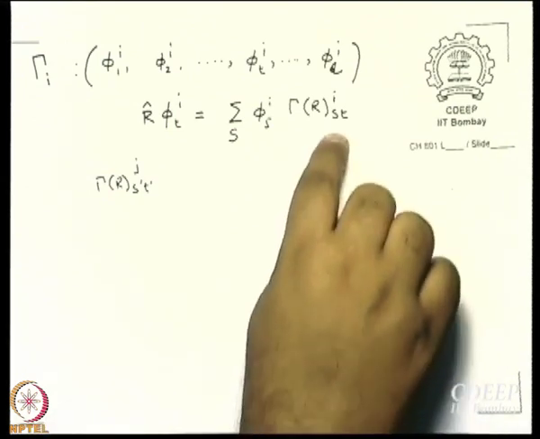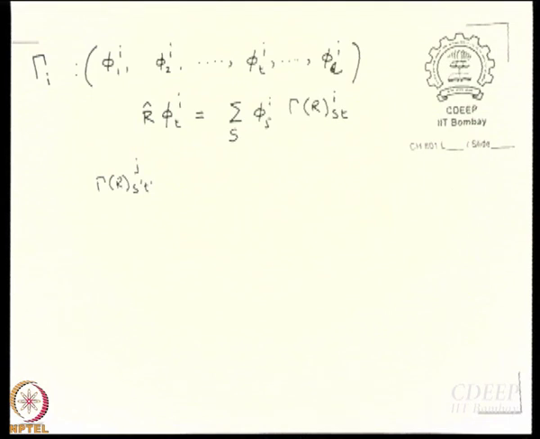Now see this S, T, I, these are all general indices, isn't it? I have not said that S equal to 5 or S equal to 2 or anything. They are general indices. They can take different values, all the possible values that are there. How many values of I will be there? Number of classes. Very good.